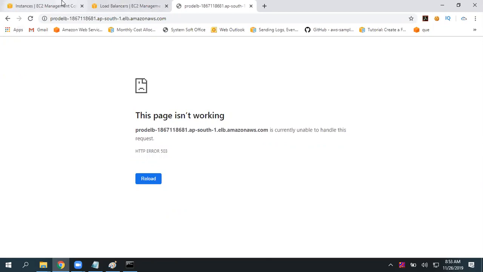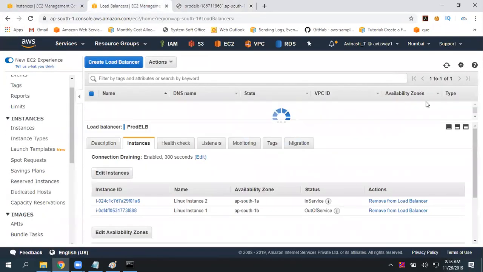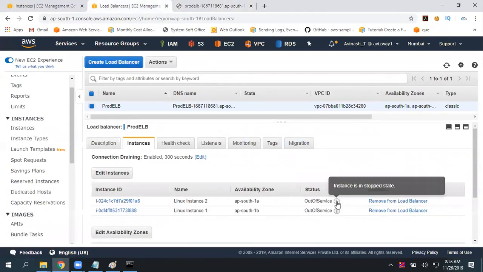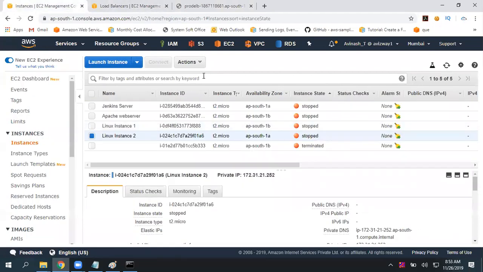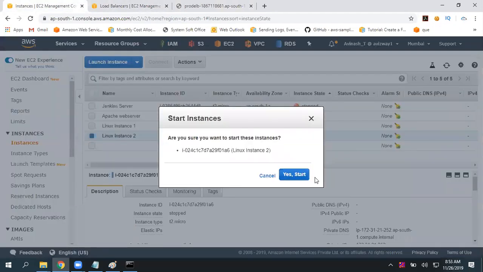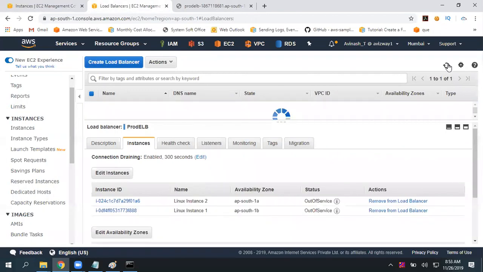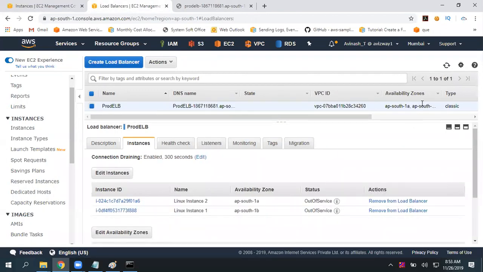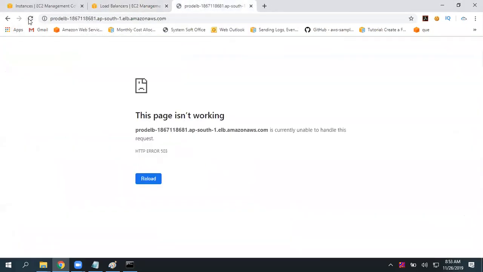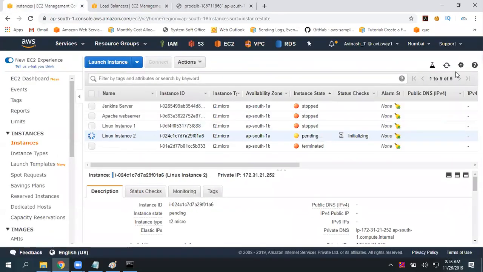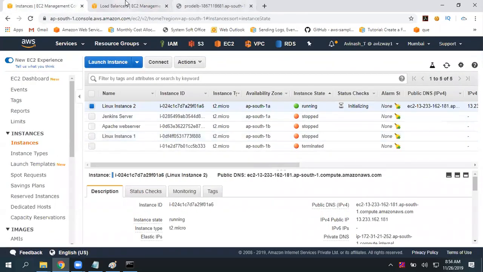Okay, again, now if you go here and refresh, both are out of service, both are in stopped state. When you start them again, this load balancer will start analyzing the health status and performing health checks. Once the health check is clear, that website is going to deliver again. So I've launched it, it is in pending state. Okay, now it is in running state.